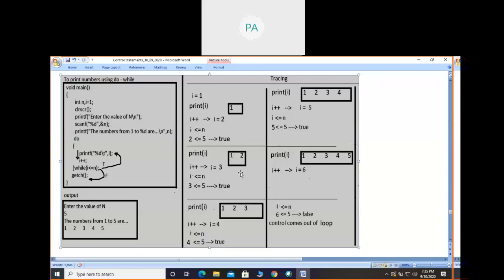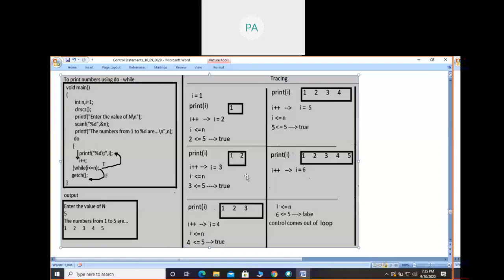Once you become perfect with the tracing, later on, by just looking at the program you can trace in your mind. If you become perfect like that, then we can go with bigger programs and understand them. For engineering students in the data structures subject, if you look at the stack, queue or linked list programs, maybe 3 or 4 pages will be there. I think so, because I have done engineering. Data structures using C in lab programs, stacks, queues, linked lists, are minimum 3 or 4 pages, so minimum 100 or 150 lines will be there.